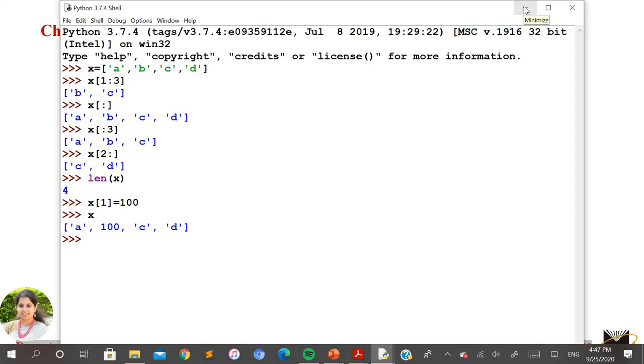So let me show you one more example. Let us check whether we are able to change the value stored in a string here. For example, I'll take y is equal to Python. If I type y, you get Python. The characters of this variable can be accessed with the index value. That means y of 0 is P, 1 is y, 2 is t, 3 is h, 4 is o, 5 is n. So let me check, y of 5 is n here.